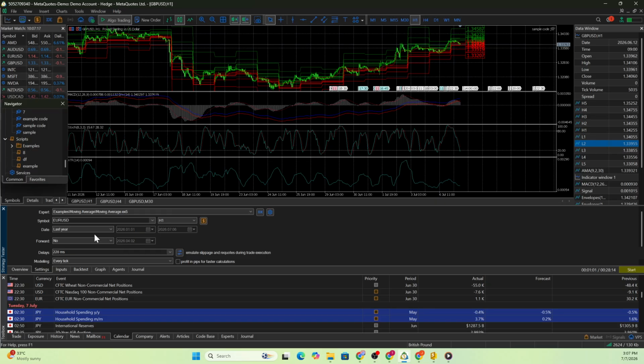Select the date range you want Metatrader 5 to use for the simulation. After that, choose the modeling method. Every tick provides the highest level of precision because it simulates price movement tick by tick, although it takes the longest to complete. 1 minute OHLC runs faster and approximates price movement within each minute. Open prices only is the fastest option and is intended for strategies that only make decisions at the opening of